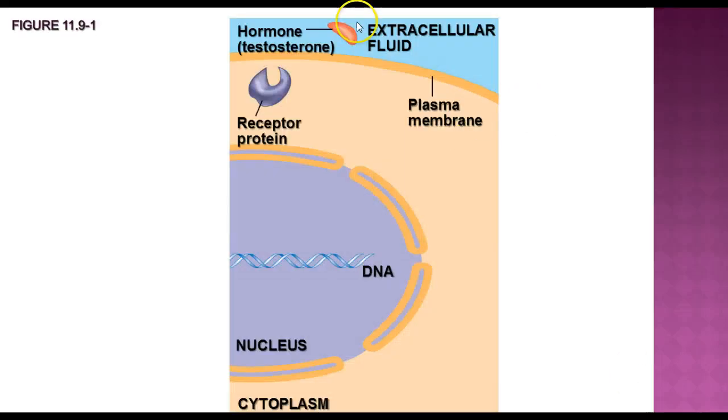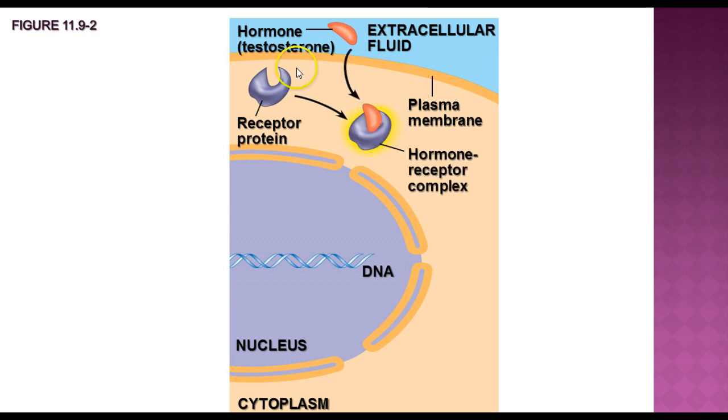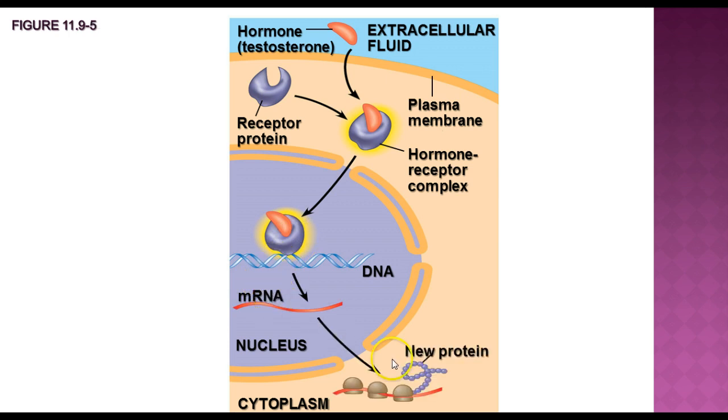So here we have testosterone in the extracellular fluid and a receptor protein on the interior of the cell. Since testosterone is a steroid-based hormone, it can easily pass through the membrane and form a hormone receptor complex with that receptor protein. It can then move into the nucleus and act as a transcription factor to transcribe the DNA into messenger RNA, which can then stimulate the production of a new protein that is necessary for the response of